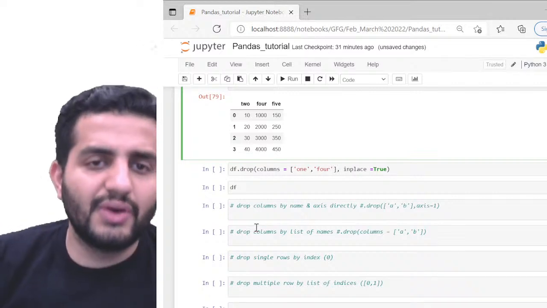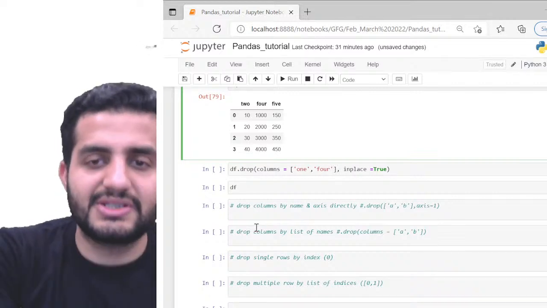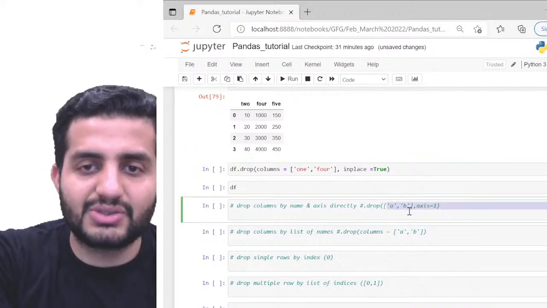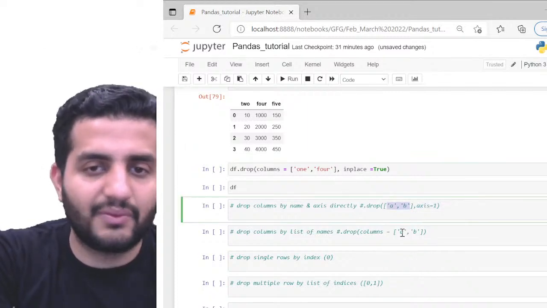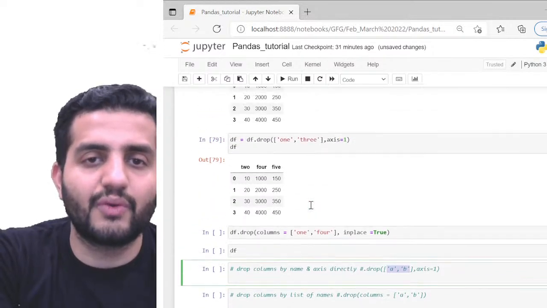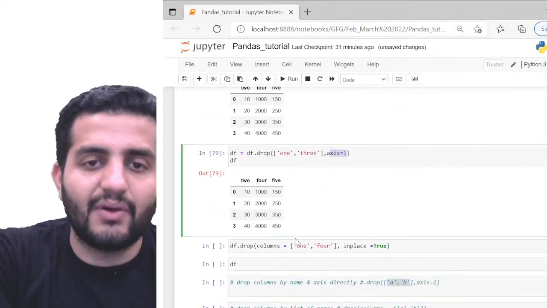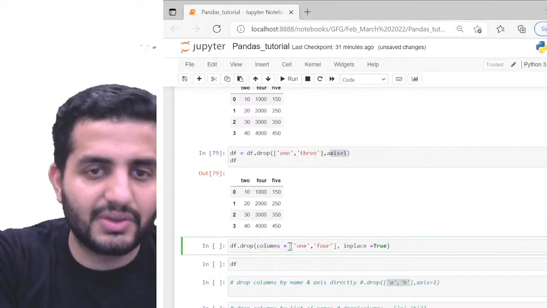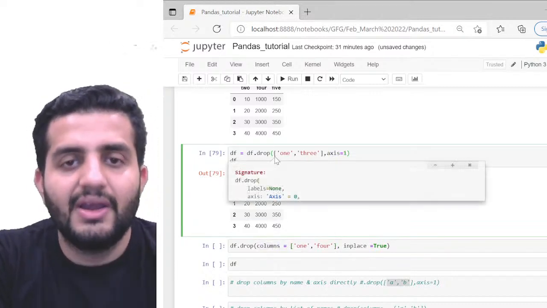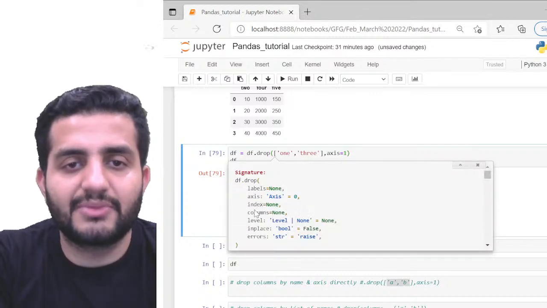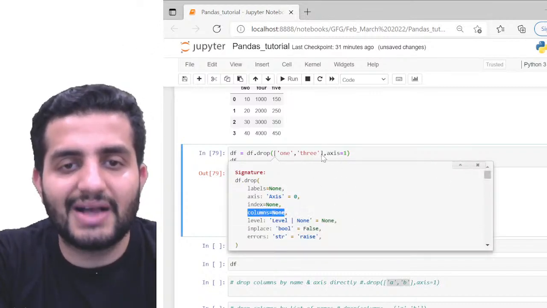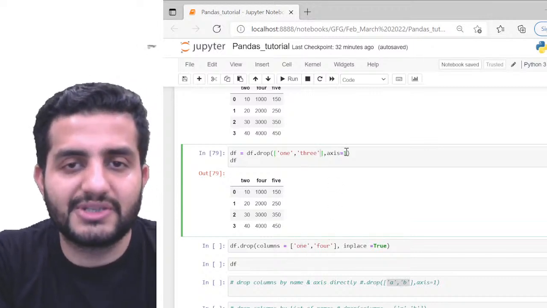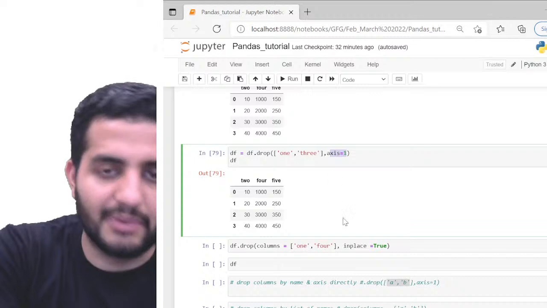So we can also do multiple different things. We can also specify the indexes like A and B here, and those are my column names, and then whatever I want. Also, if I don't want to give axis equal to 1, we have an argument called columns. So we can directly specify columns equal to this. You can see inside this drop, I have multiple arguments, including columns. If I pass the columns, then I don't need to specify the axis, because it by default means the column itself, right?